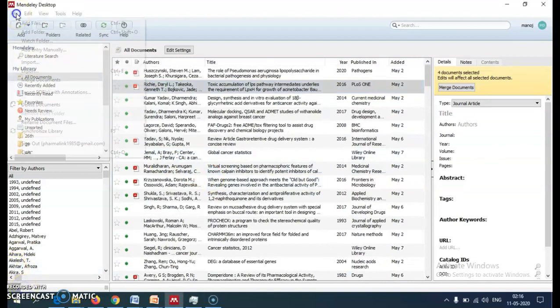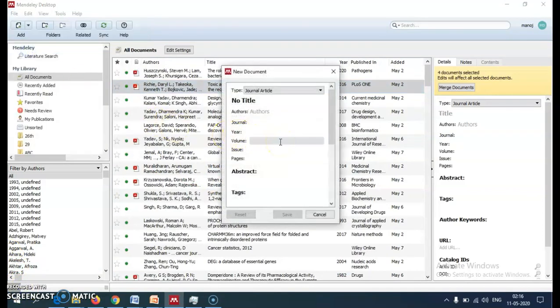Then next is how we can add manually, right? Many times what happens is that we don't have the detailed PDF, but we have the abstract form of the information. We have read some abstract, right? And you have got some information.